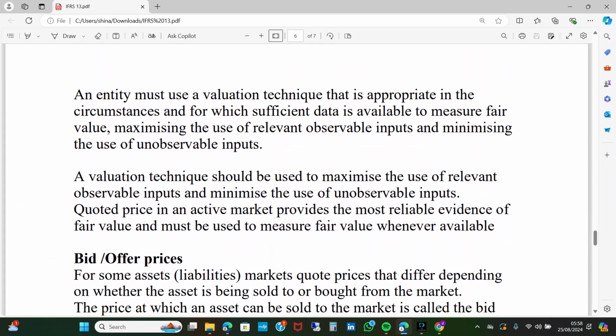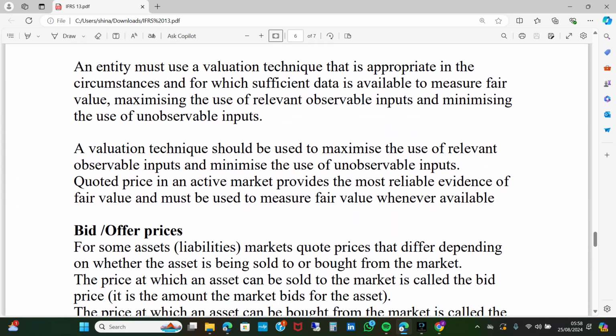Now an entity must use a valuation technique that is appropriate in the circumstances and for which sufficient data is available to measure fair value, maximizing the use of relevant observable inputs and minimizing the use of unobservable inputs. Quoted price in an active market provides the most reliable evidence of fair value and must be used to measure fair value whenever